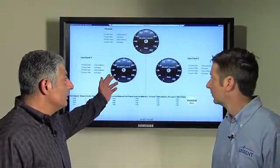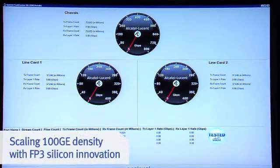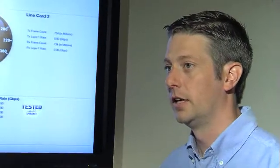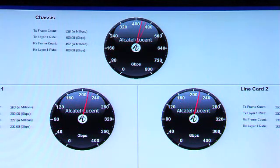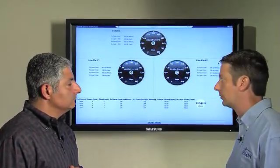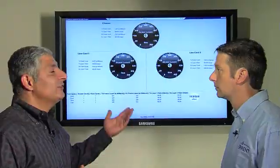This shows two of our high density 100 gigabit Ethernet modules, the 2-port FP3 based 100 gig E cards, in two different chassis. Okay, and that's interconnected into the Spirent Test Center chassis with our two 2-port 100 gig MX cards. Now you can see we've started the traffic on the Spirent Test Center, and we're seeing a full 400 gigabits per second through each of your line cards. Exactly. We've gotten to a full 800 gigabits per second through your chassis. That's impressive. This is actually a great example of Alcatel-Lucent and Spirent working together to validate and show 100 gig